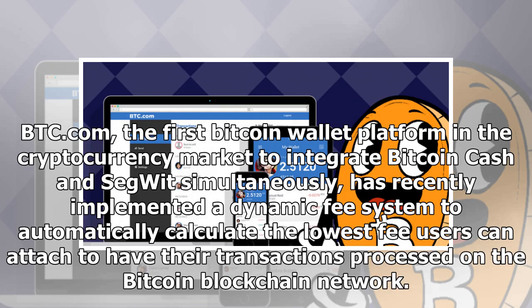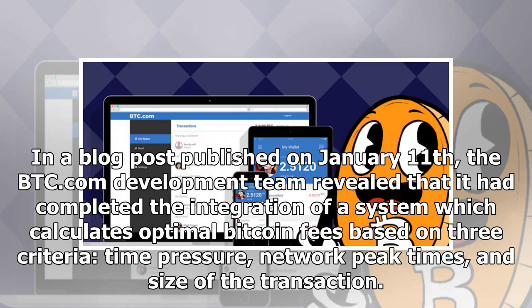BTC.com, the first Bitcoin wallet platform in the cryptocurrency market to integrate Bitcoin Cash and SegWit simultaneously, has recently implemented a dynamic fee system to automatically calculate the lowest fee users can attach to have their transactions processed on the Bitcoin blockchain network. In a blog post published on January 11, the BTC.com development team revealed that it had completed the integration of a system which calculates optimal Bitcoin fees based on three criteria: time pressure, network peak times, and